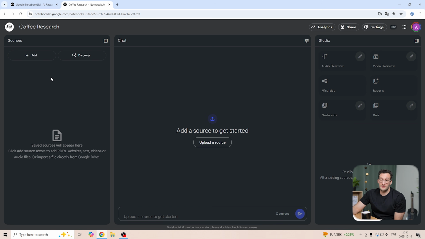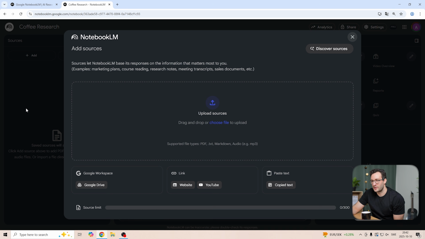Now, from here, you could click the add button and it's gonna bring you back to the same view as you had before. And really there are three ways that you can attach data here. The first is you have this drag and drop option to dump your files. And you can see the eligible file formats here at the bottom. The second thing you can do is you could connect to your Google Drive and leverage files that you have stored there. The third option you have, and this is the one we're gonna use mostly today, is either websites